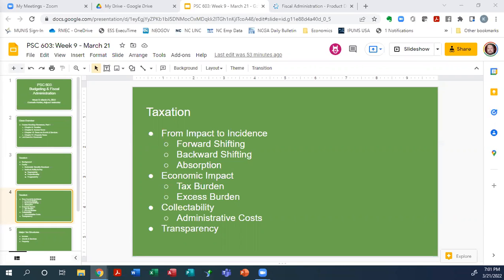If you buy a boat over a certain value, you have to pay this luxury tax. It still allowed the average person who wanted a bass boat to get a bass boat or a pontoon boat. But what they were really trying to do was go after the higher-end consumption. Well, that created this excess burden, because a lot of people who wanted these items just decided we're not going to buy them.